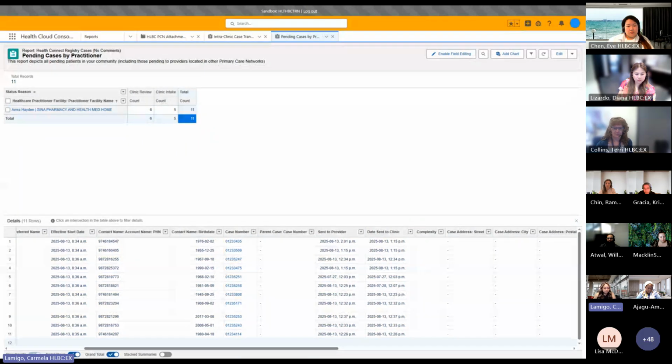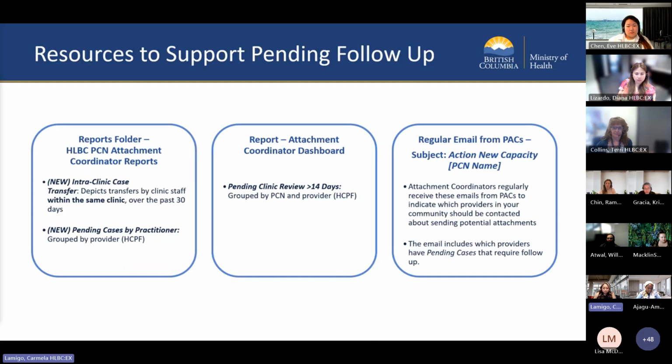Back to the slideshow here, one other report found on the attachment coordinator dashboard is titled Pending Clinic Review More Than 14 Days. As named, it shows cases in pending clinic review over 2 weeks, which indicates that follow-up with the provider may be necessary. Lastly, another great resource is the regular emails that attachment coordinators receive from the provincial attachment